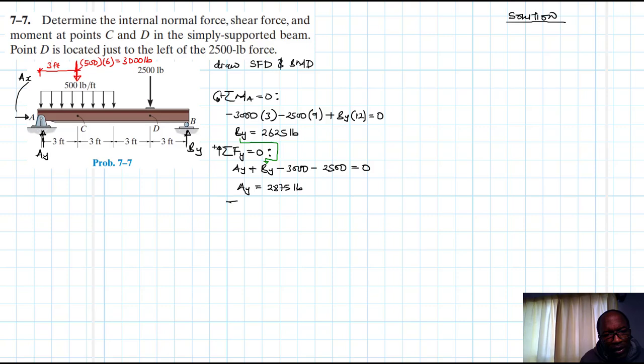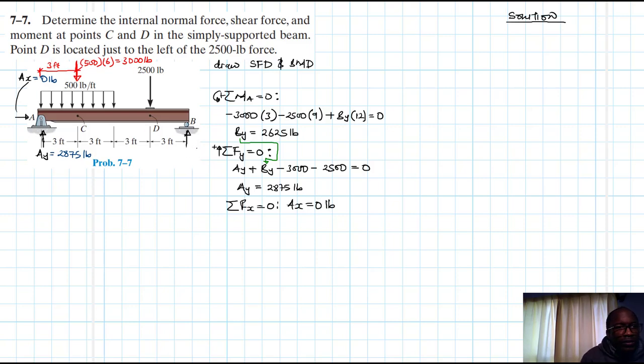And then finally we have summation of forces in the x direction equal to 0. Of course, we know that our AX is just going to be equal to 0 because we do not have any active force applied in that direction. So AX is equal to 0 pounds, AY is equal to 2875 pounds. And then BY